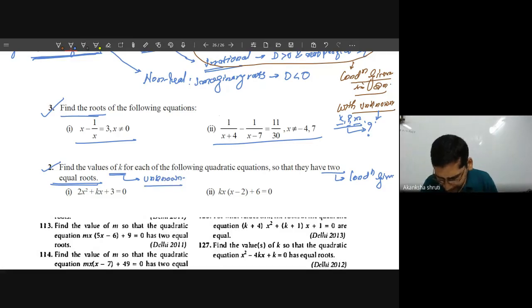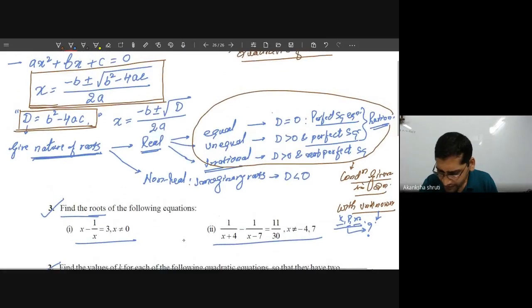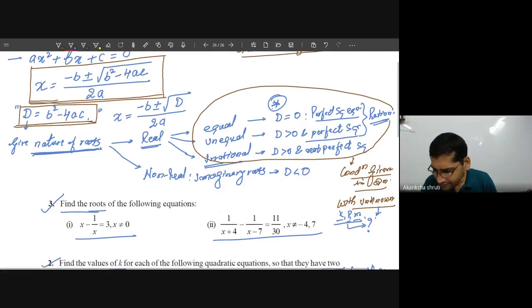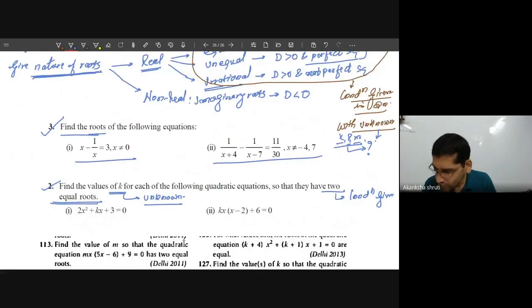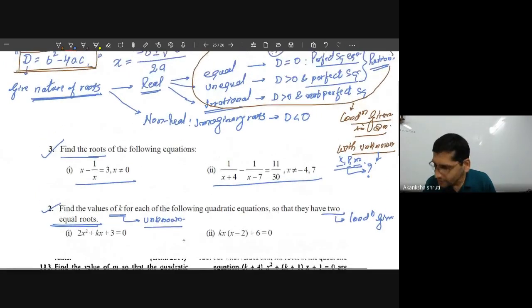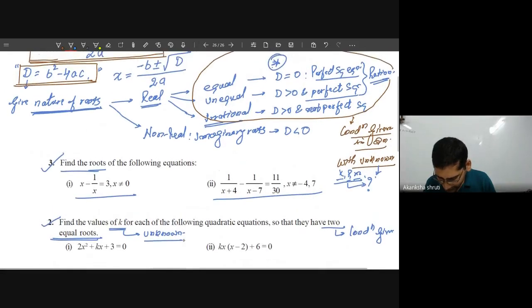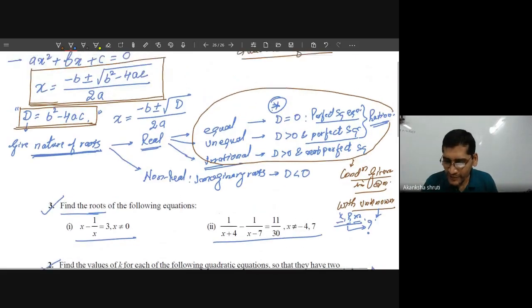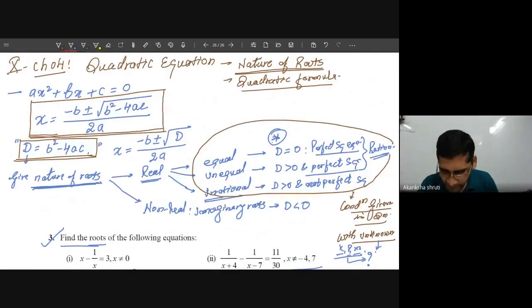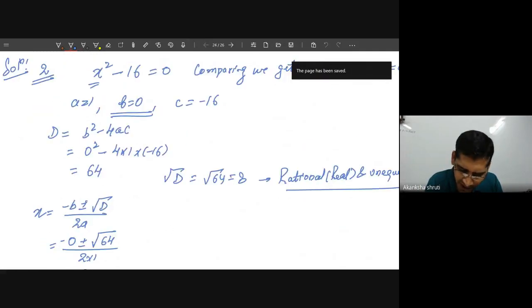Means this condition we will apply. While applying these conditions, what is given here or what we have written for this d, so this d condition, while we apply for the equal root, then we will get a new equation. So that new equation will be in the term of k only, not in the term of x. By that, we can calculate the unknown k. Okay, student? So this is the ultimate topic that we are going to learn today. But before that, let us recall the table.